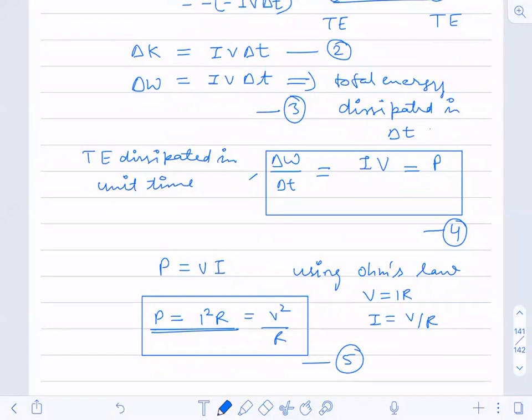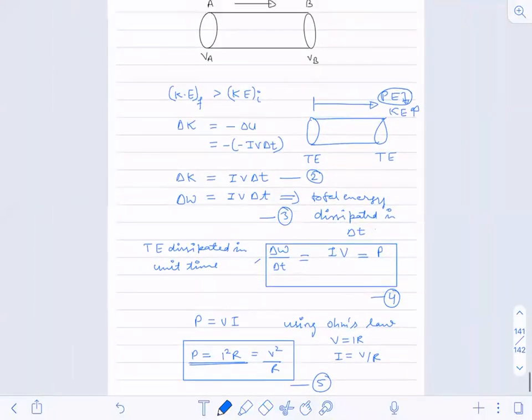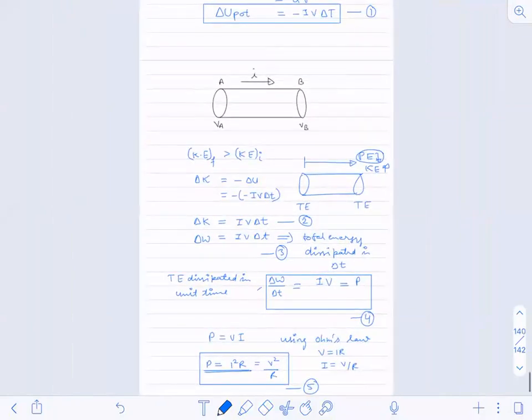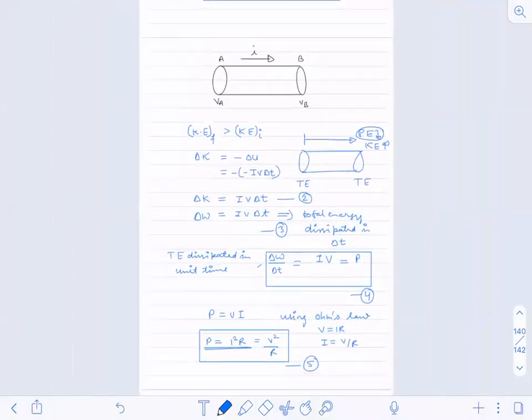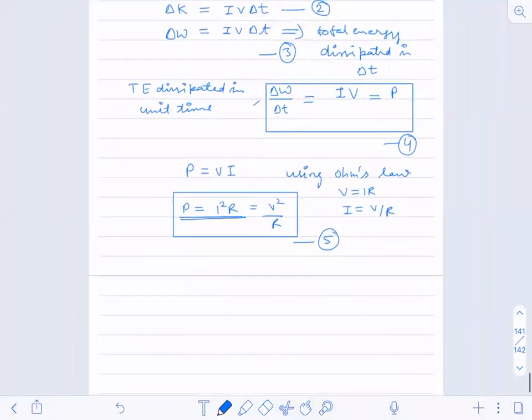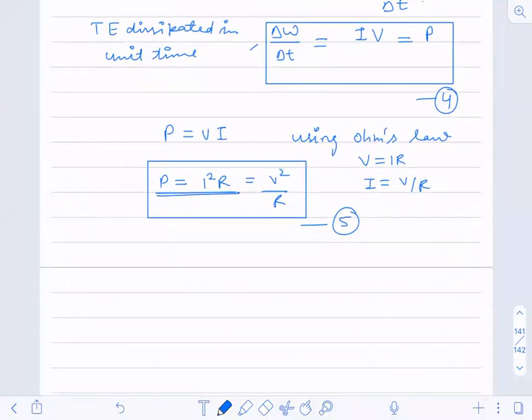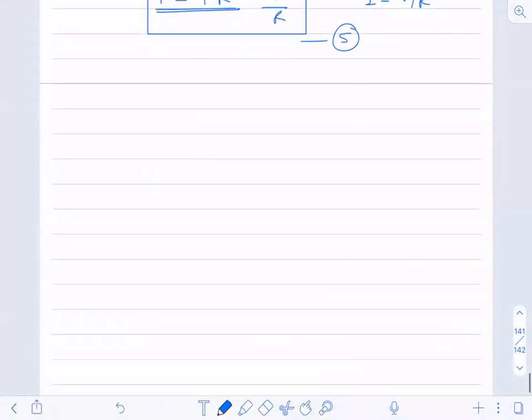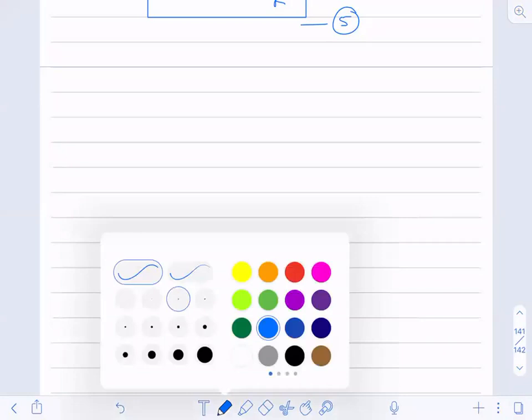Understood. Now, this was all about the derivation of this formula. This concept you have already studied in junior class, class 10th. Now what we are going to do is look at the maximum power supplied, or maximum thermal energy dissipated. We are going to derive the equation and the condition for that, so now we are going to derive the condition for maximum power supplied.